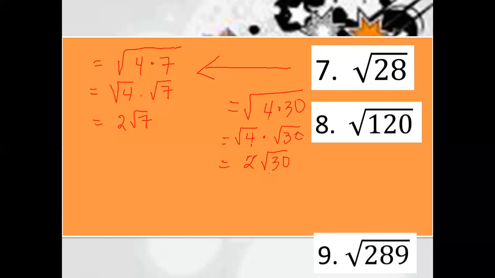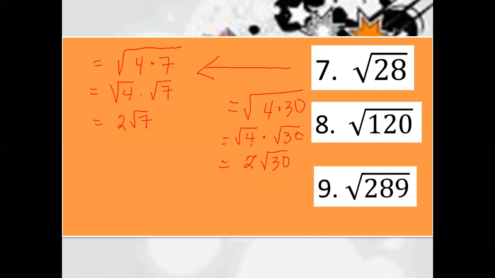Next, for number 9, we have square root of 289. Check whether the radicand is a perfect square number. So 289, is it a perfect square number? Yes, it is. Because we can think of a factor of 289 that when you raise it by 2, it's equal to 289. And what is that? It's equal to 17 squared. So 17 squared will lead you to a product of 289. Therefore, the square root of 289 is equal to